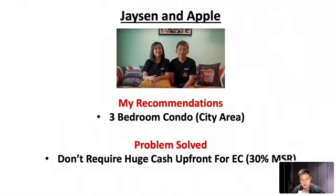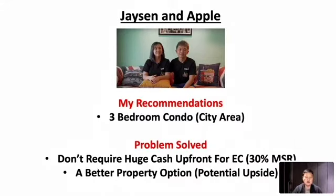They don't require a huge cash upfront for their EC. And of course they got a better property, which has a much better potential upside. So this is Jaysen and Apple, and of course during this process of helping them to hunt for the properties,